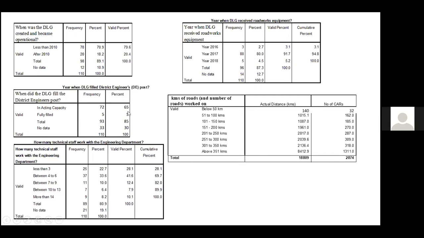If they are in acting capacity, it means that they have not been confirmed, and some of them have served for a very long time, and therefore substantially, of these posts of district engineer, only 5 posts had been filled. There are performance issues when these posts are not filled. In terms of kilometers of roads that have been worked on,